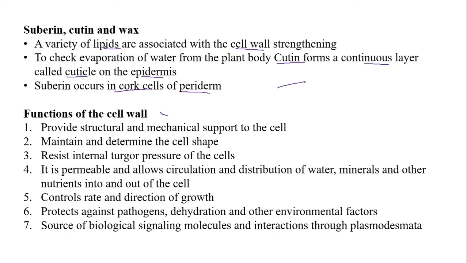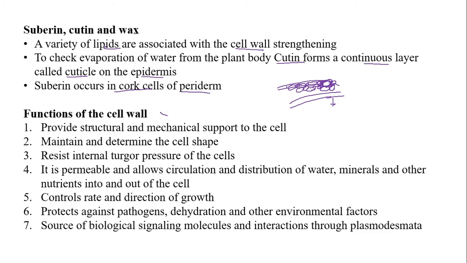That is, when you take a section of a mature stem, you find the epidermis gets ruptured, and instead of epidermis, there is a periderm. That is, after secondary growth in the cortical region, we find cells formed towards outside, cells formed towards inside. The cells which are formed towards outside are highly suberized cells, impervious to water. The suberin deposition is seen in this periderm.